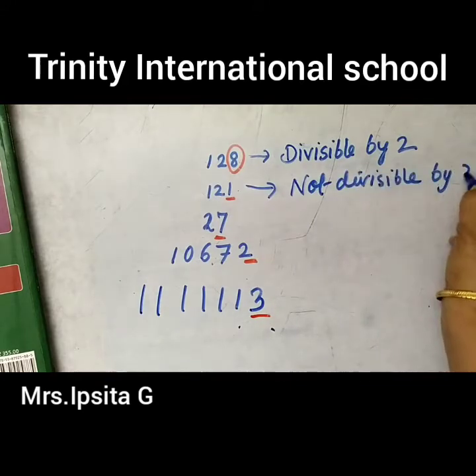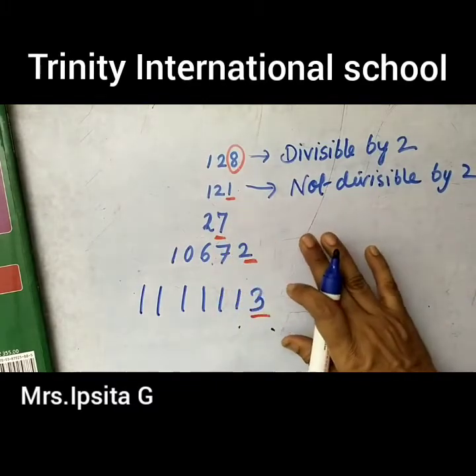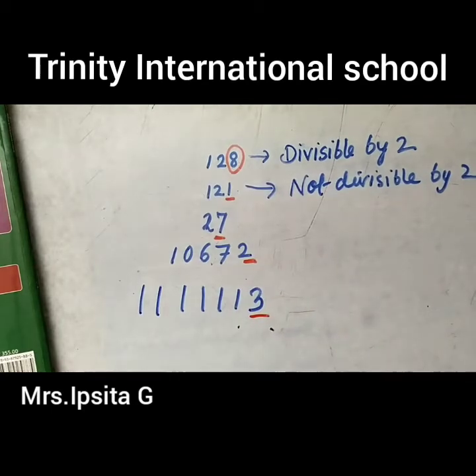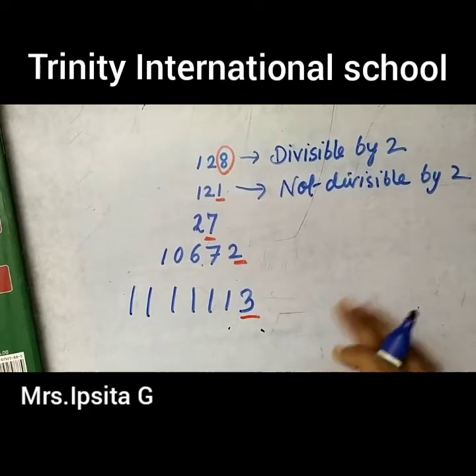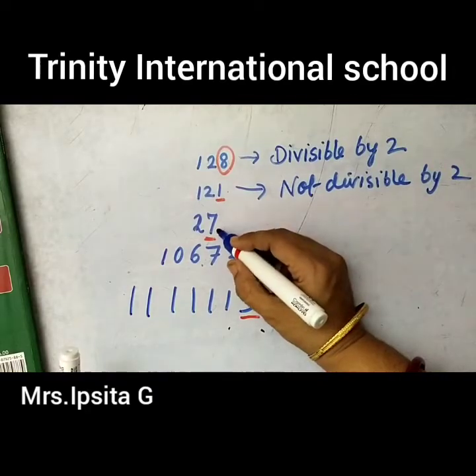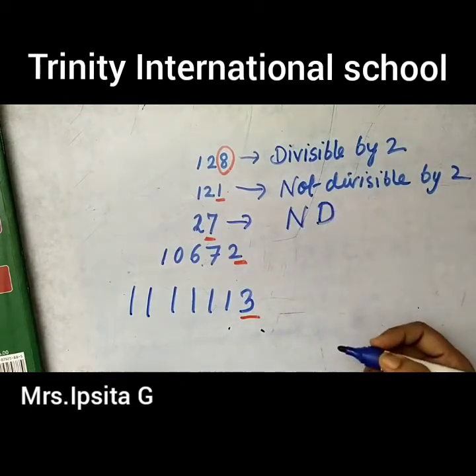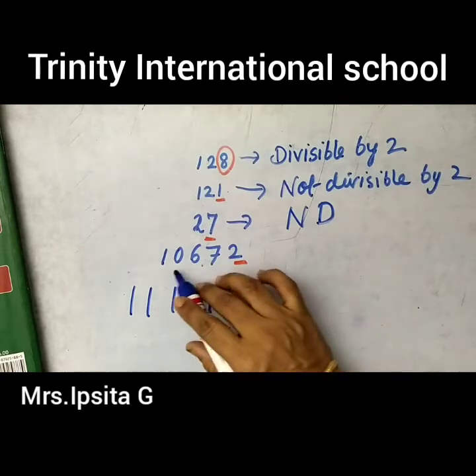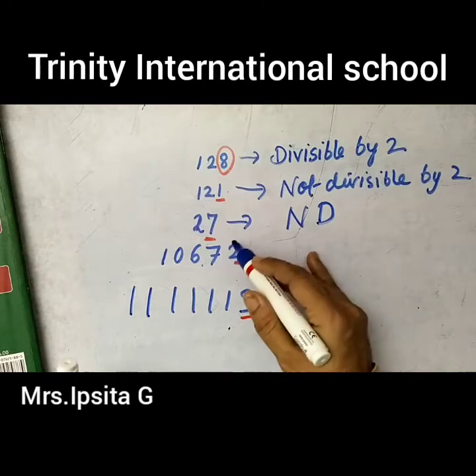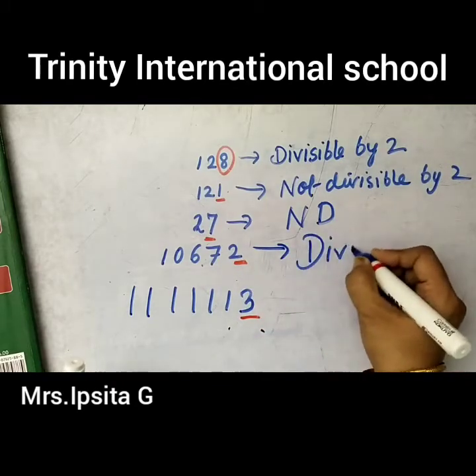by 2. So this number is not divisible by 2. Only looking at the ones place you can make out. You just have to look at the ones place and you can make out whether the number is divisible by 2 or not. Then look here, here is 7, which is also not, so it is also not divisible. Okay, now if you look at this number here, you can see in the ones place you have 2. So since it is an even number, so this number